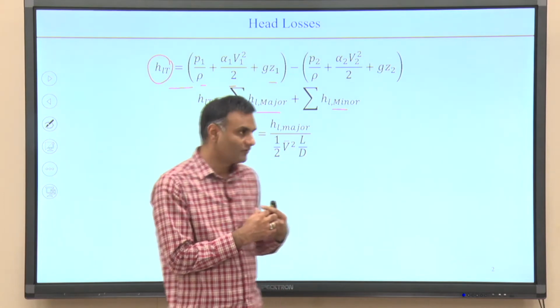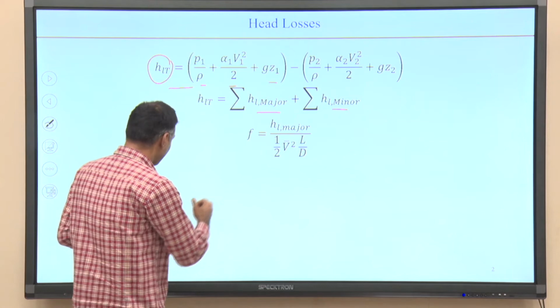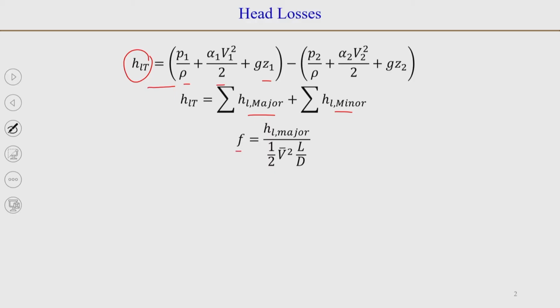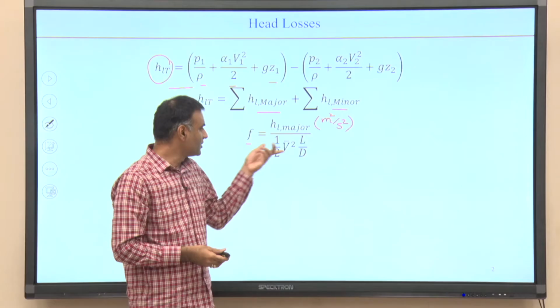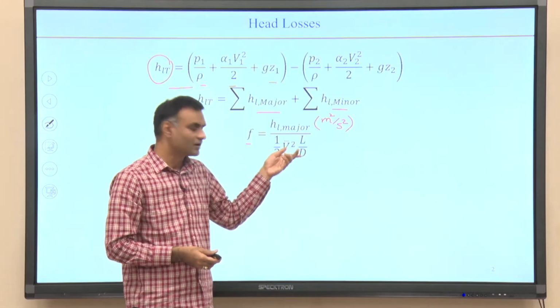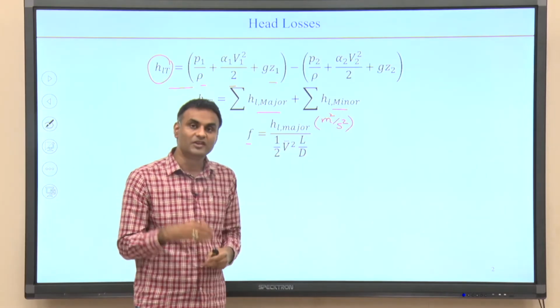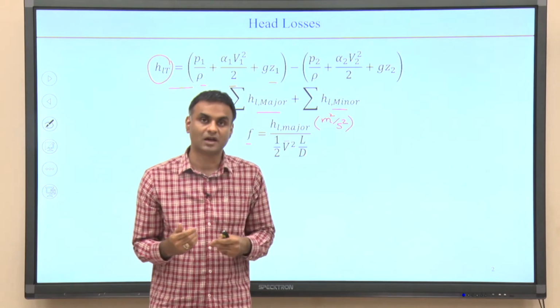And from that we finally found a friction factor which we call the Darcy friction factor, and defined HL major, where the unit is meter square per second square. This is divided by half V bar squared into L by D,